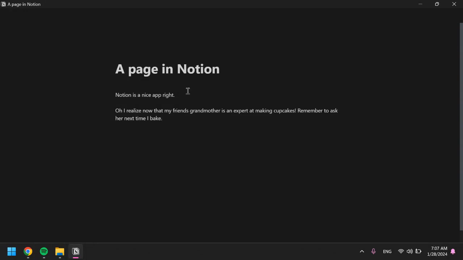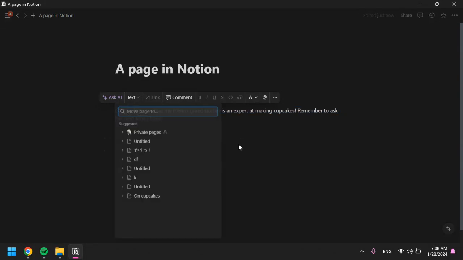I try to have a page for everything. So you just came up with something that doesn't belong to the page. This happens to me all the time because ADHD, right? Surprise. So a nice hack in Notion is you can just do this and then you press Ctrl Shift P